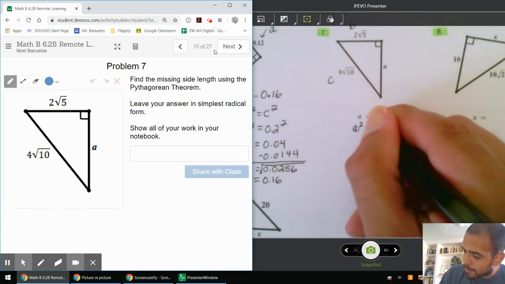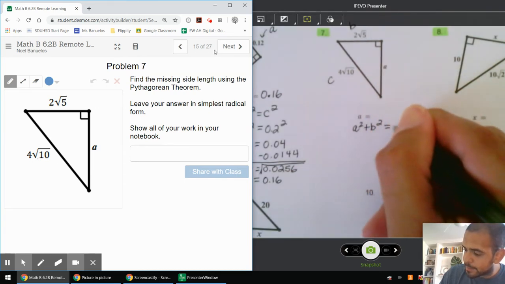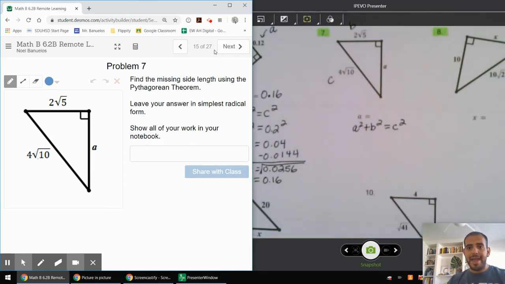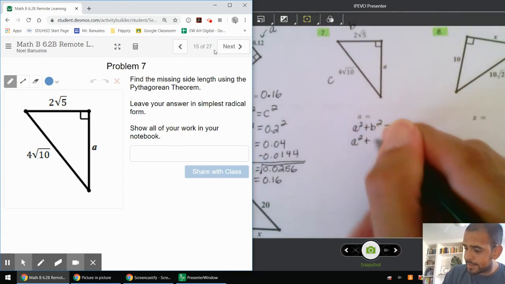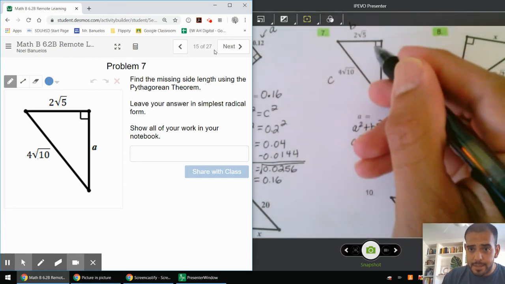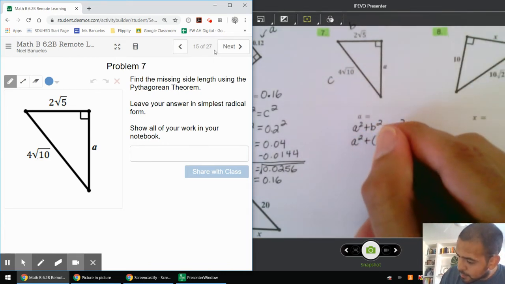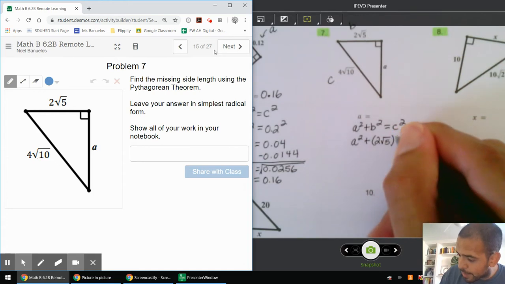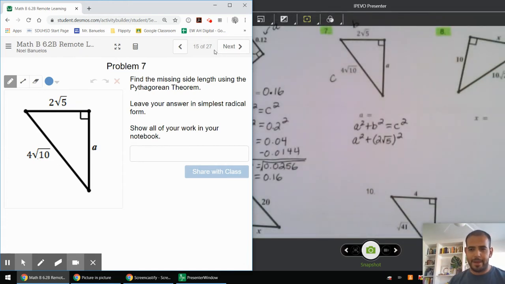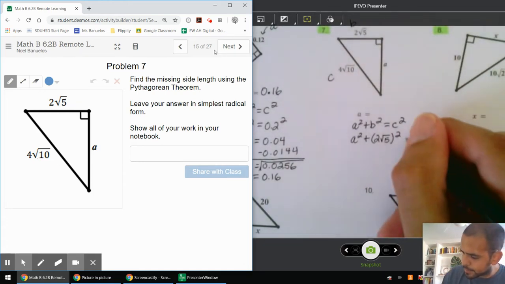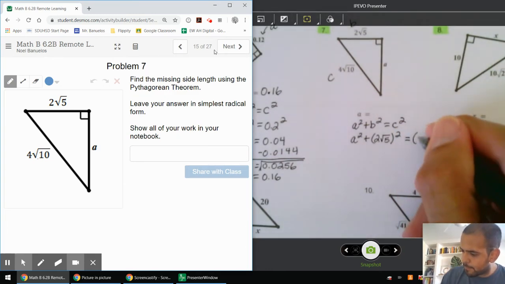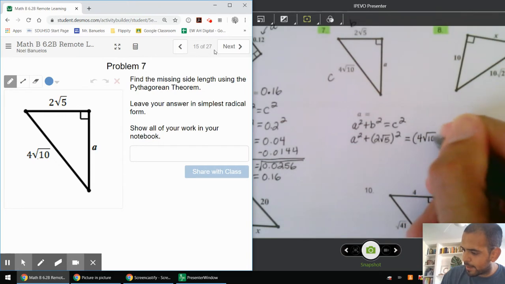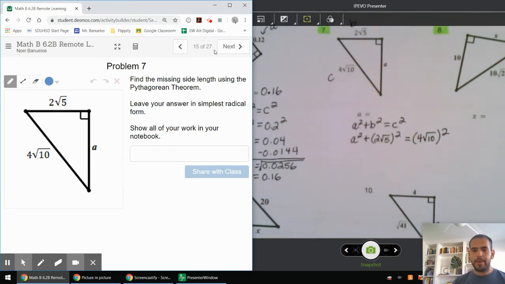A squared plus B squared equals C squared. A squared is unknown. I don't know what that is. So A squared plus B squared. Well, B is that. 2 square root of 5 squared. And I'll show you how you're going to multiply that, okay? Equals C squared, which is 4 square root of 10 squared. Okay, so